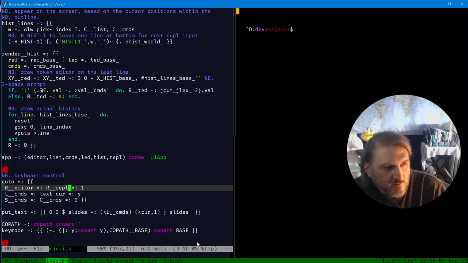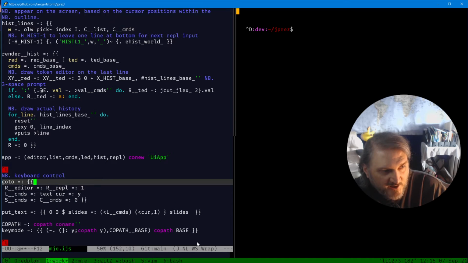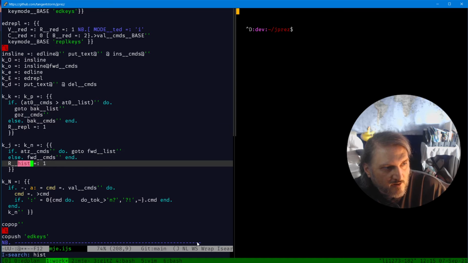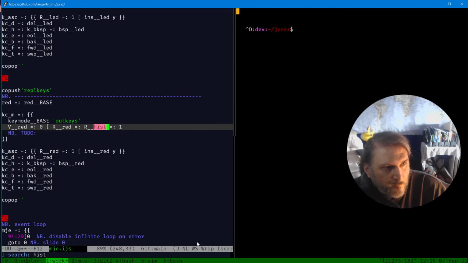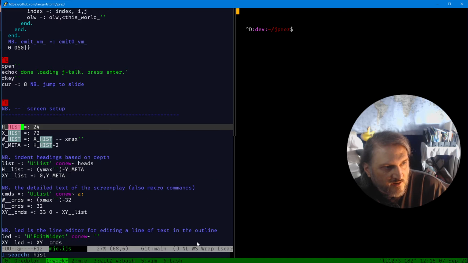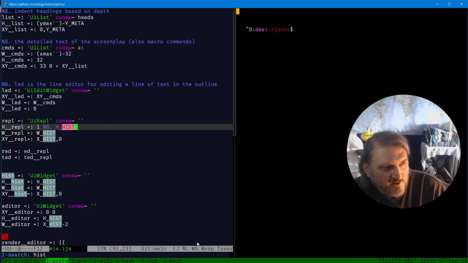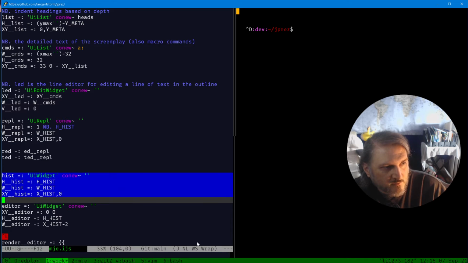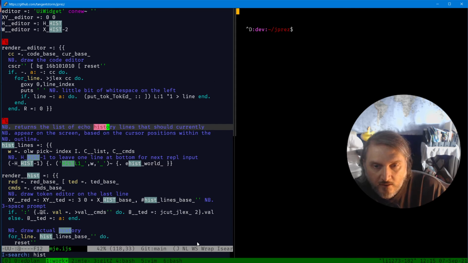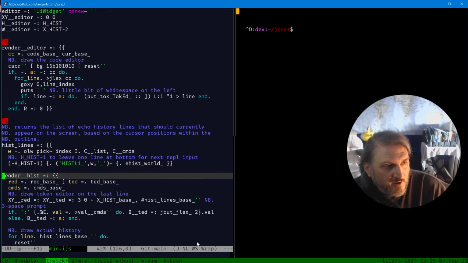All right, so this is going to be a REPL rather than, when I change that, it's going to be the REPL. So anywhere I have hist, I should be able to replace it with just the REPL object. And I think I can just make this go away. This can just completely disappear. And now where I say render hist,